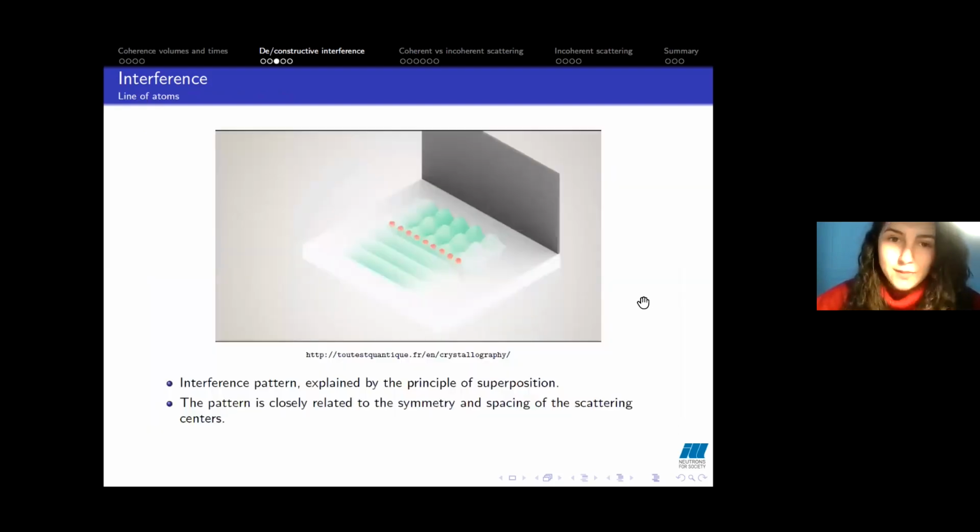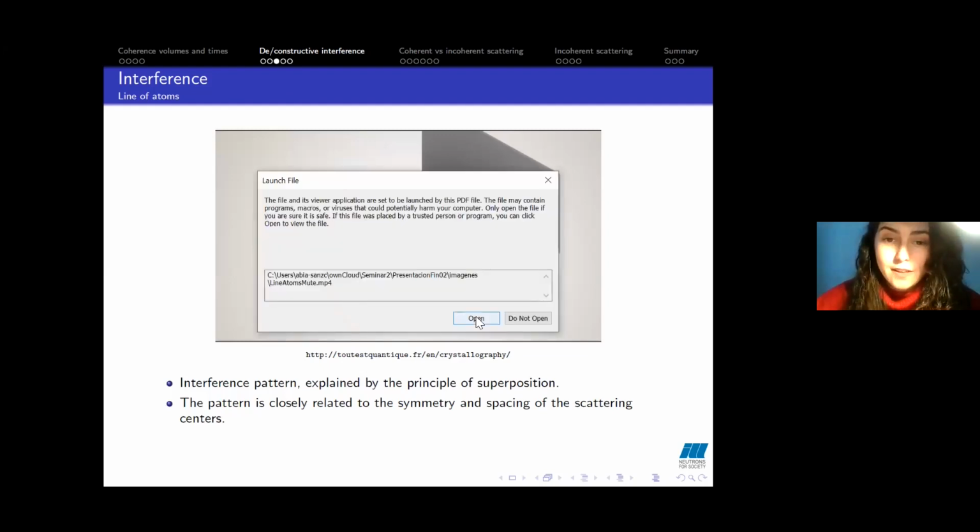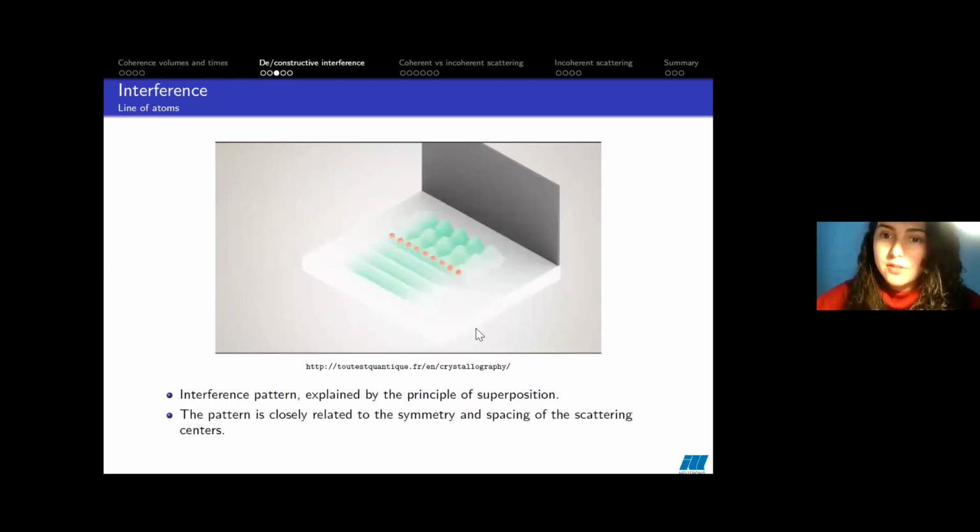This is the last video that I'm going to show. I just wanted to show you guys a 3-dimensional animation so you could actually see it and not in 2 dimensions. But the idea is the same. We have plane waves, and then we have a line of atoms, and then in the detector we'll get a pattern. However, I wanted to add and point out that the distances between all the atoms